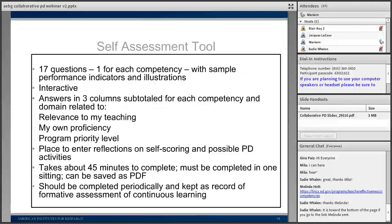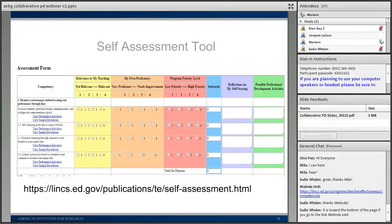And so based on that self-scoring, you'll get a score that helps you identify your top few priorities. Those things with the highest score are the things you may want to focus on for your PD. And this is an example with that link for this tool. So again, a public domain, please download it. Feel free to use it. Feel free to get in touch if you have questions about the competencies or the use of